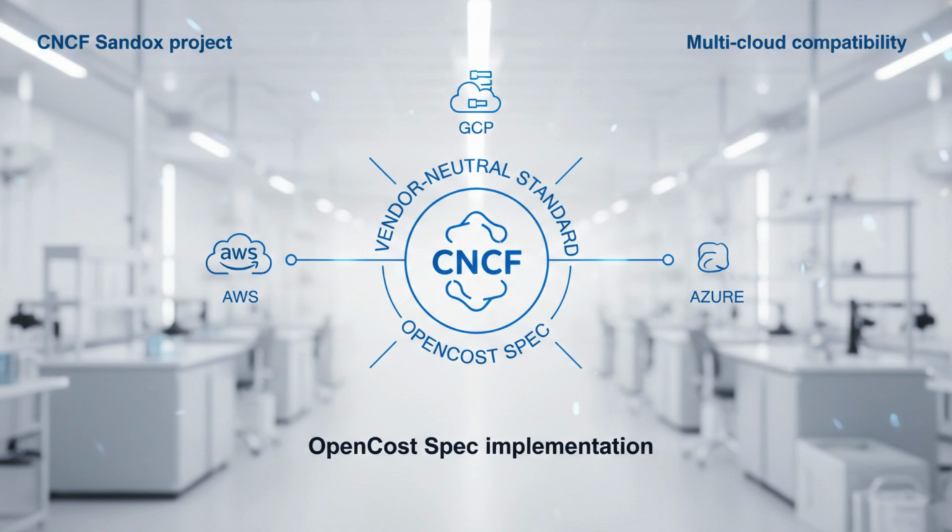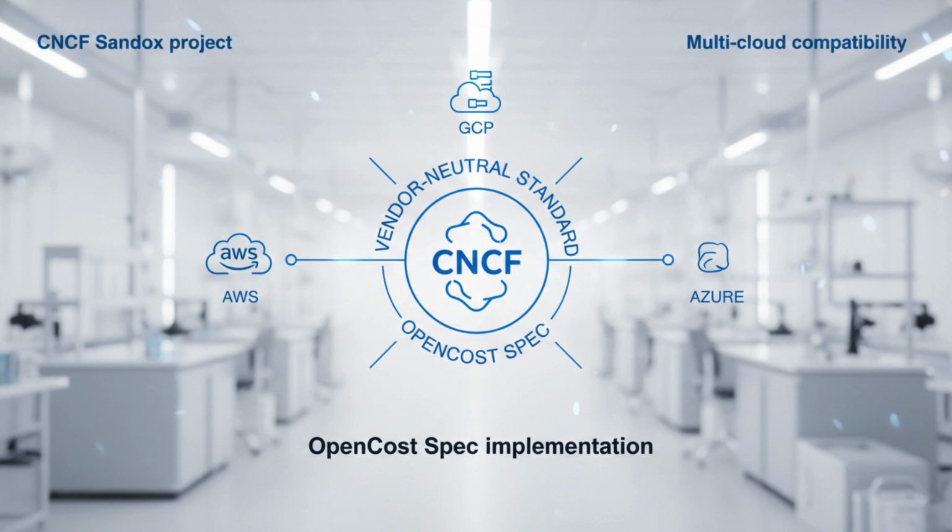hosted by the CNCF. OpenCost provides a vendor-neutral standard for measuring Kubernetes cost data. It was developed to ensure that users have a consistent way to calculate costs across different cloud providers and on-premise environments. By adopting the OpenCost spec, you ensure that your cost monitoring isn't locked into a single vendor. It defines how to calculate CPU, memory, and storage costs based on the underlying infrastructure prices. This standardization is crucial for multi-cloud strategies, where comparing costs between AWS, GCP, and Azure must be done